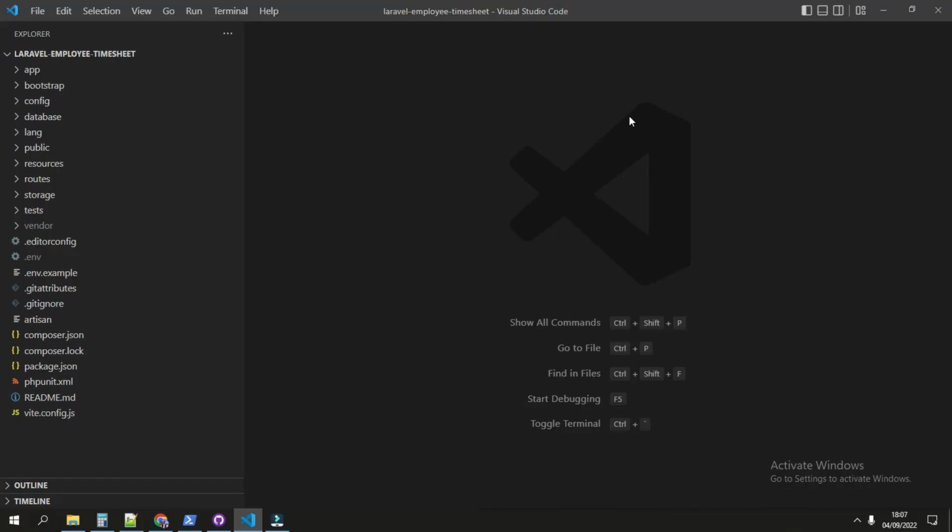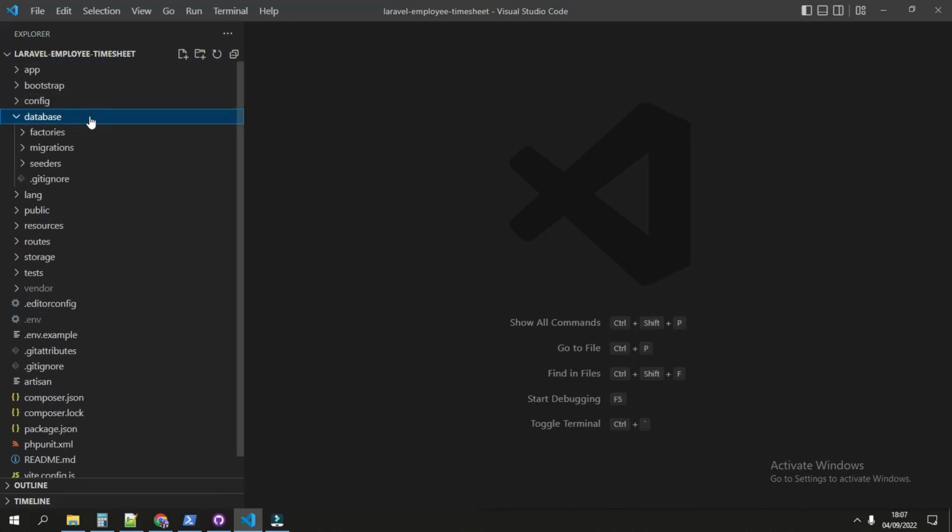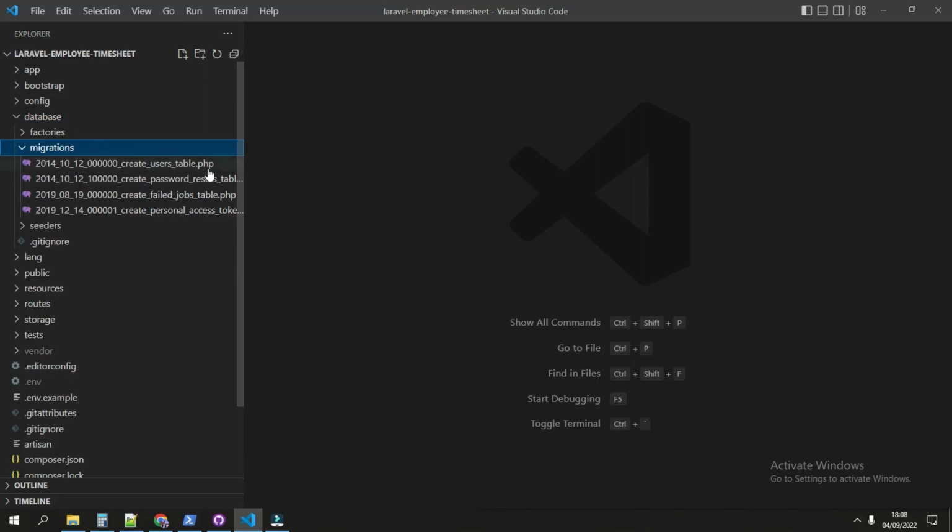This is a newly initialized Laravel project, and we already have several folders here like app, bootstrap, and others. But first, we focus on the database, and we can see the migration scripts here.